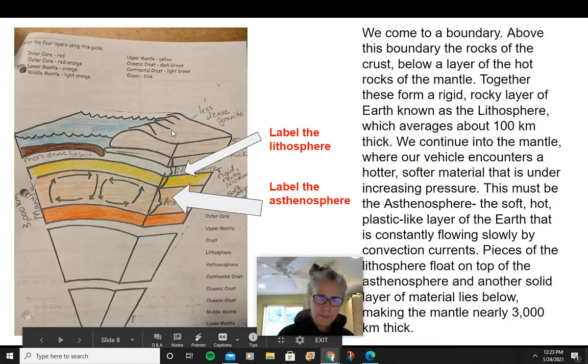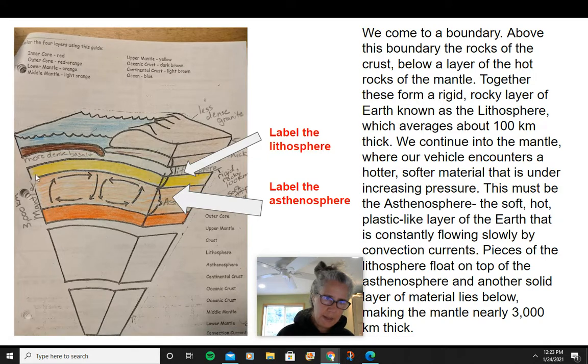Okay, so this layer is the crust. This layer is the mantle. However, the bottom of the crust and the top of the mantle are the lithosphere. Go ahead and label that. So this right here is the lithosphere, and that is rigid and solid. And that would be, if you've ever heard of plate tectonics or tectonic plates, that's what